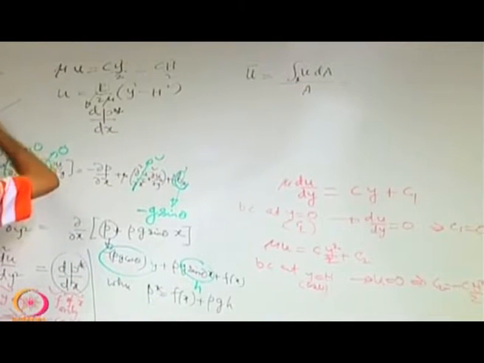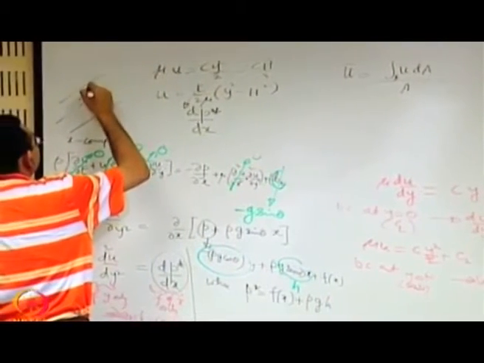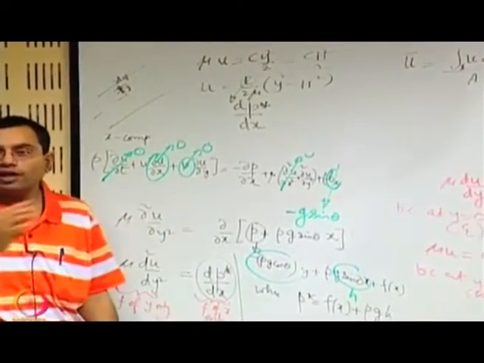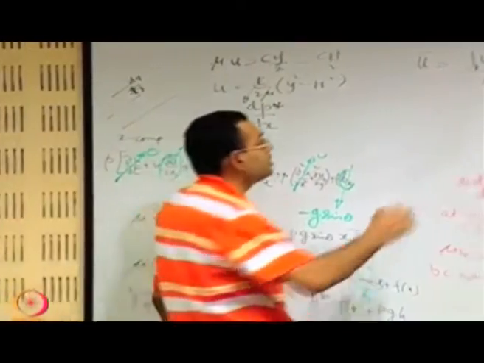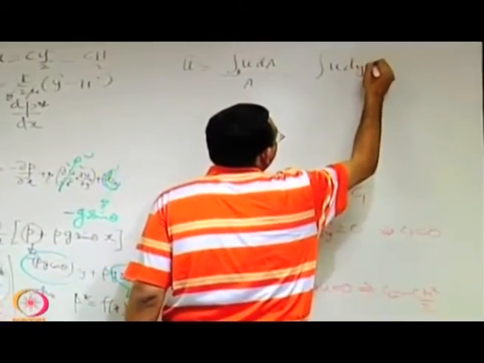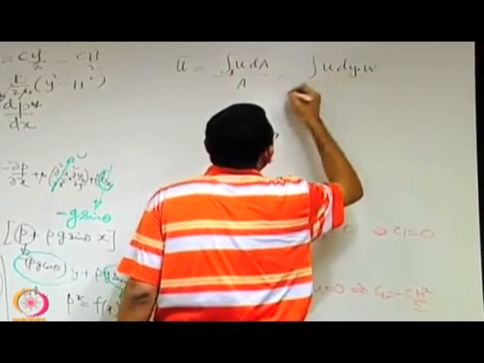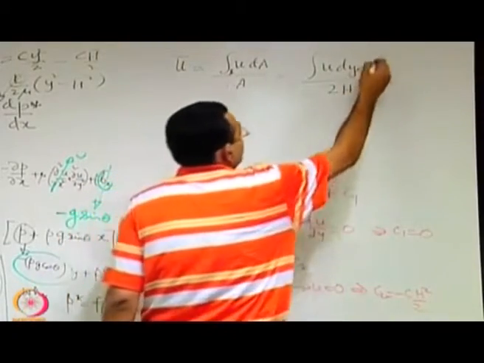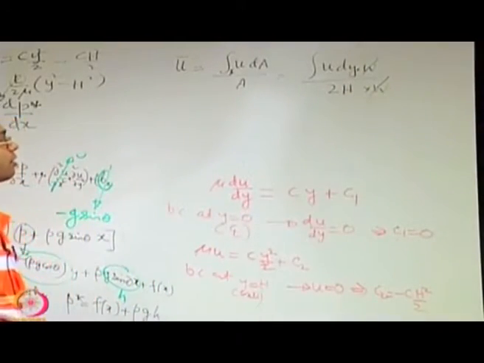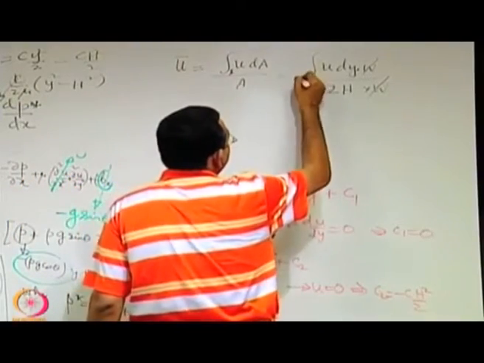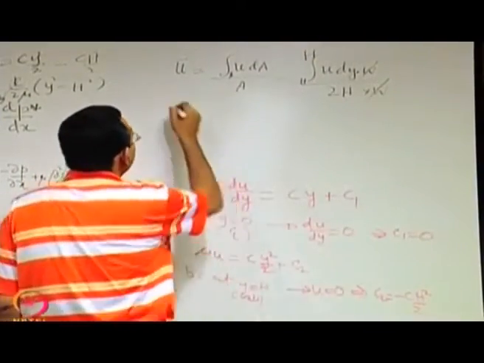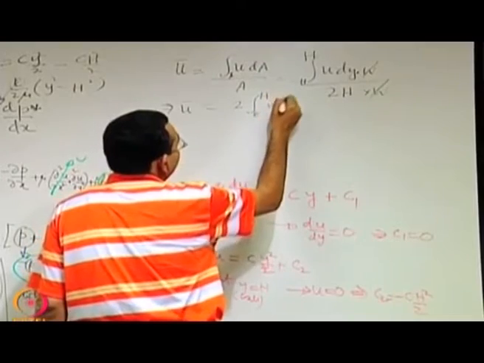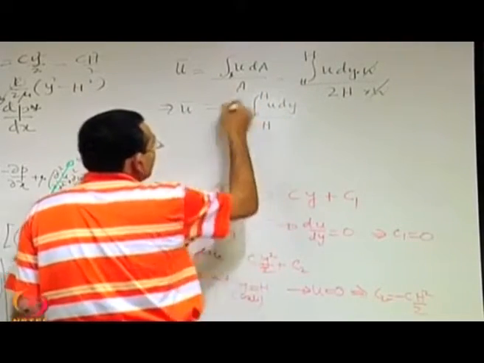So let us say that this is the channel. At a distance y we take a small strip of width dy, and dA is dy into the width of the channel. So it is integral of u dy into the width of the channel divided by 2h into the width of the channel, and the effect of the width of the channel gets cancelled out, and this is actually from minus h to plus h. Because of the symmetry, this is as good as 2 into integral of 0 to h u dy divided by 2h. So half is good enough,